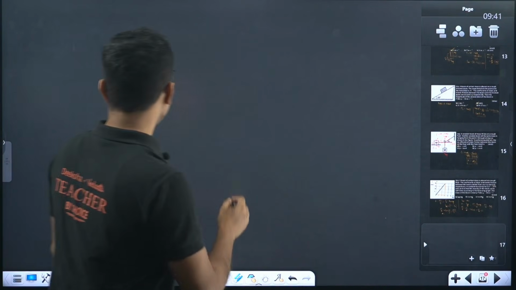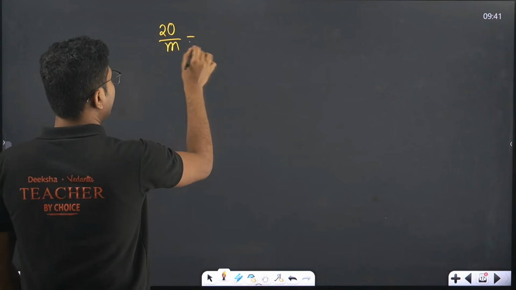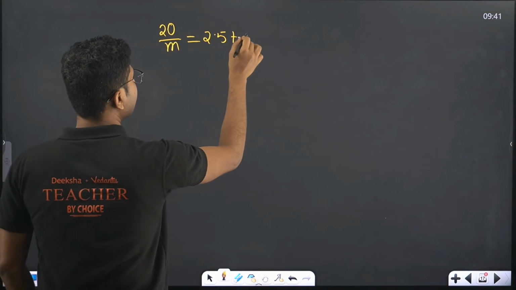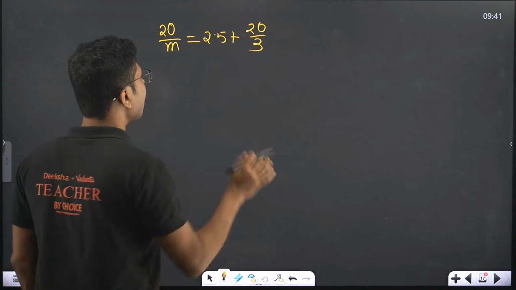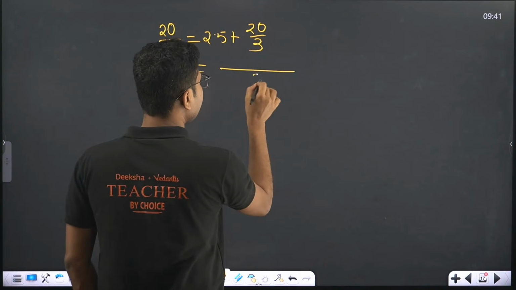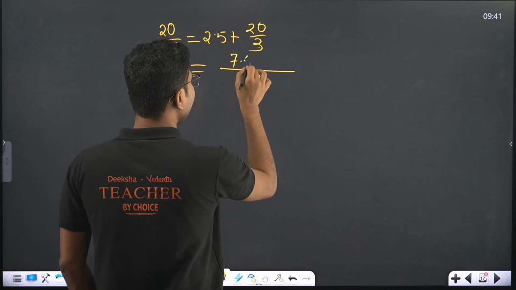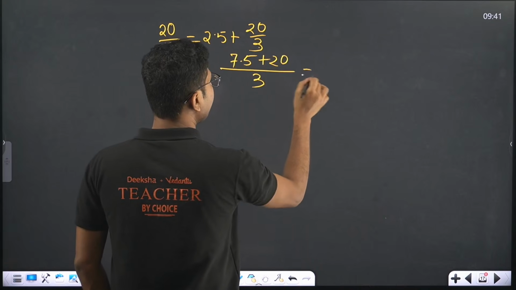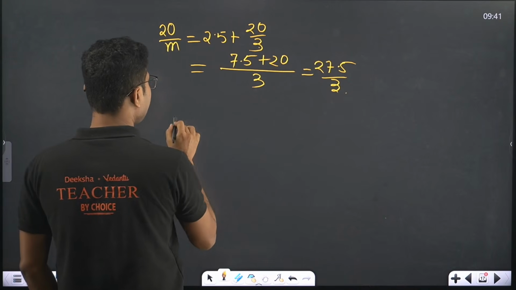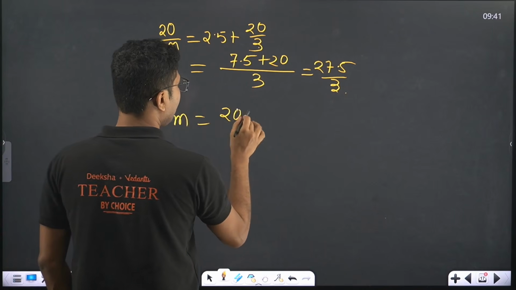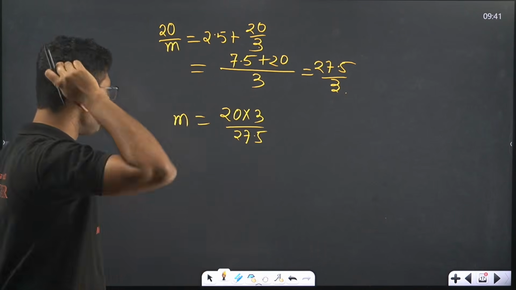Okay, so 20 by m equals 2.5 plus 20 by 3. Now you might think, sir, there is a 20, can we cancel it? Do not do that. It is easier the other way. So just take the LCM. 2.5 into 3 is 7.5 plus 20, which will be 27.5 by 3. Now do the cross multiplication. So m will be equal to 20 into 3 divided by 27.5. Okay, so it will be 60